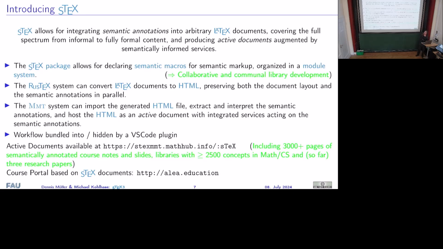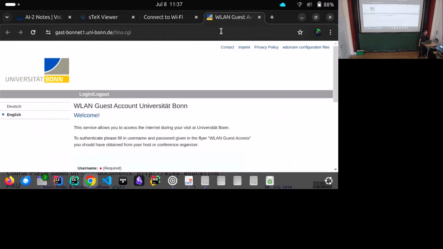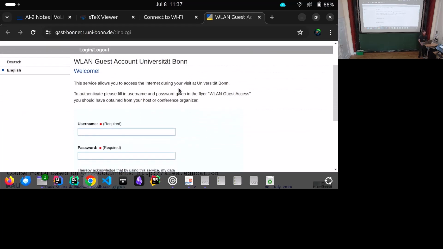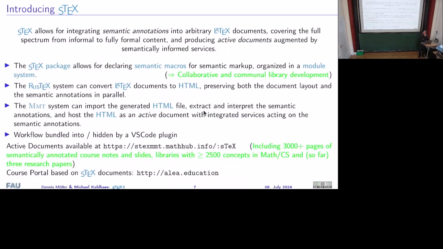And then you can generate PDF, and that of course gives you all of the limitations of what PDF can do. You will notice all of these blue words, that's because these slides are written in STEX. The best thing you can do in PDF is I can click on a thing and then it will jump to a definition somewhere if I were logged in, which apparently I'm not anymore, I don't know why. Well, if I were logged in, you would now see a definition. That's the best we can do in PDF.